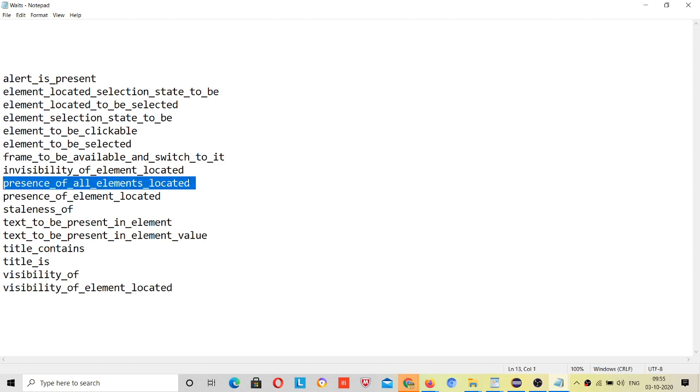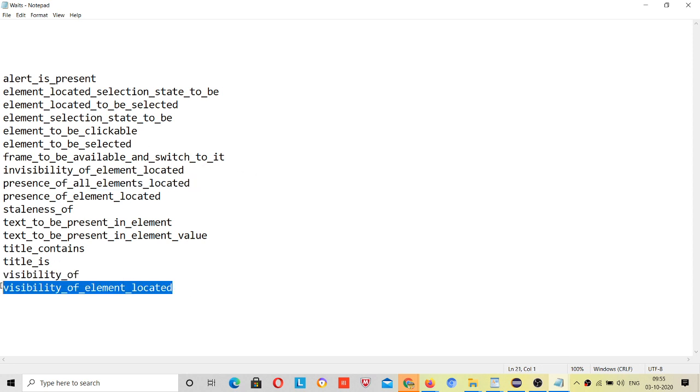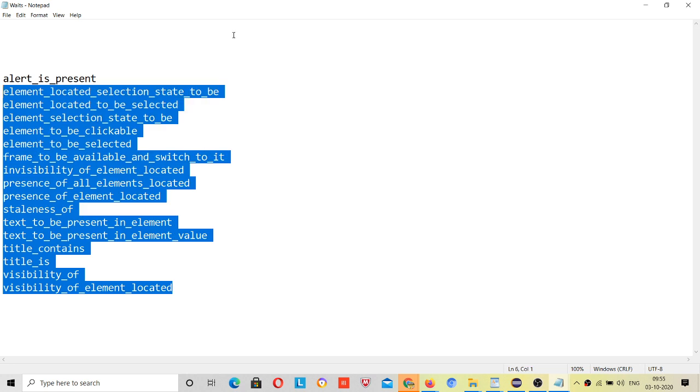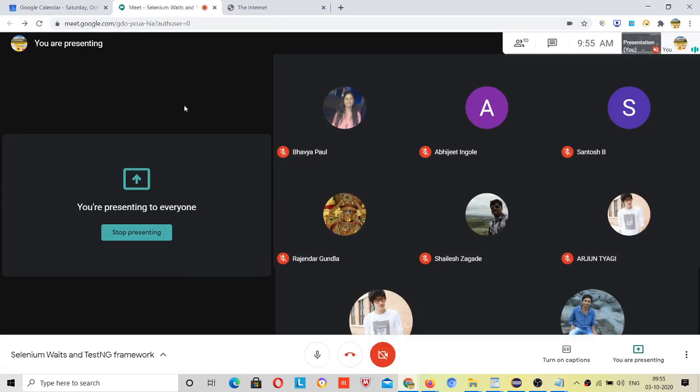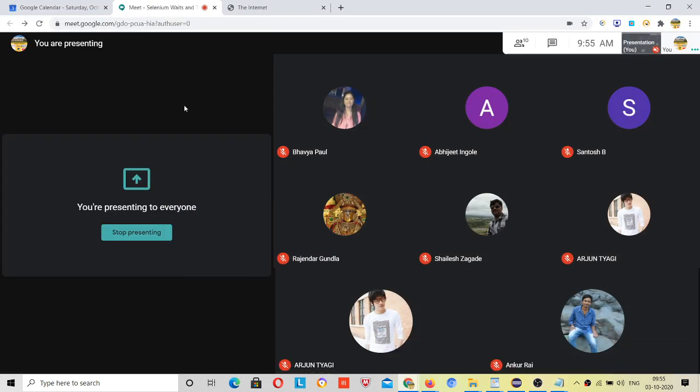If you want to check your page is loaded fully, there is also visibility of element located. So I have shown you only one, but this many conditions are present to be handled. So explicit wait is basically for specific conditions, but implicit wait doesn't have any condition. Before failing anything, it will wait for that time.